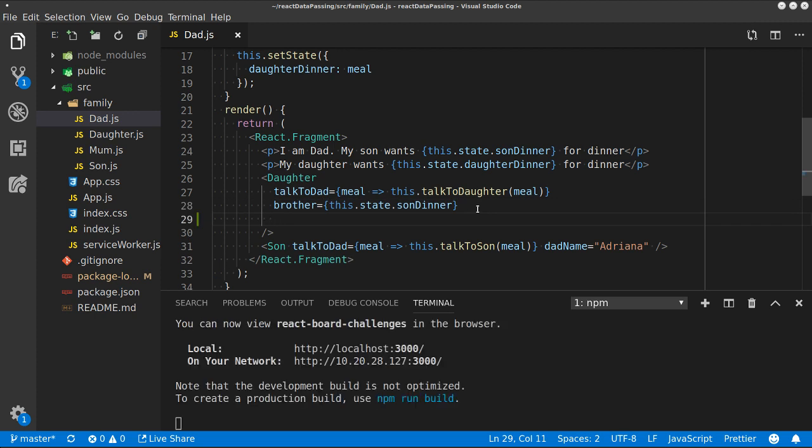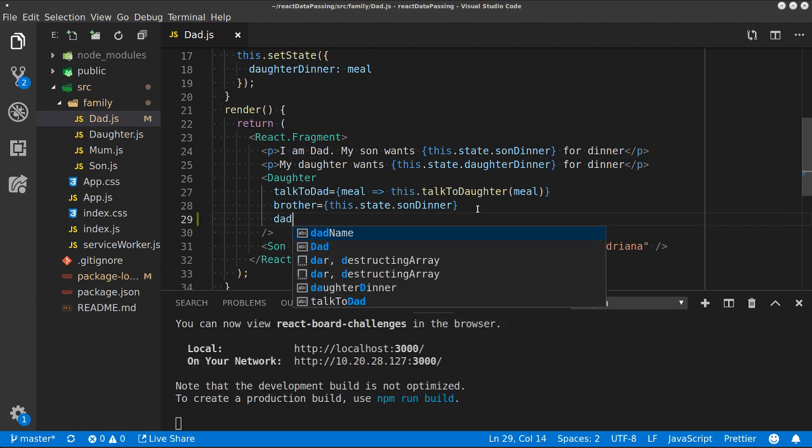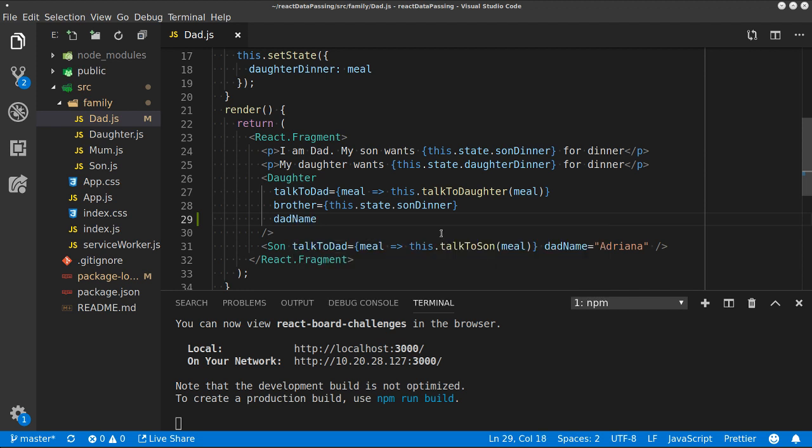So, if we want to pass dad name down, anyone want to give me a name? Or if not, I'll just use superDad again. Adrian, okay. Say it in a deep voice just to be sure, right? Some of the younger people here like,